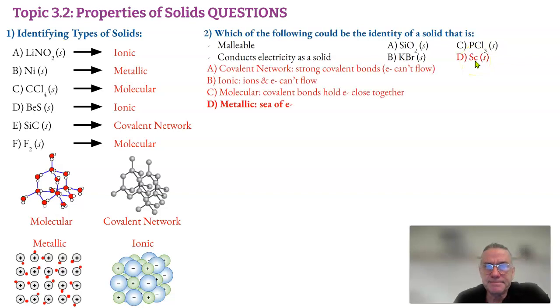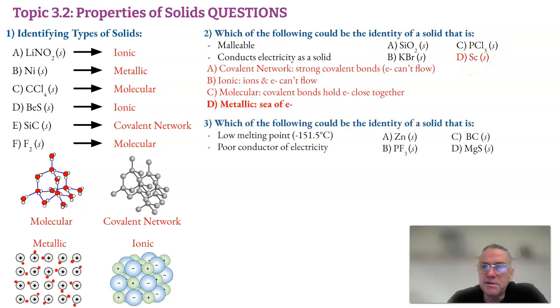And there we go. Which of the following could be the identity of a solid that has a low melting point? Maybe it's molecular. Poor conductor of electricity. I'm still thinking molecular, so something that has no metal present. Zinc's a metal, boron's a metal, magnesium's a metal, but PF3 is a molecular solid, so I'm thinking the answer